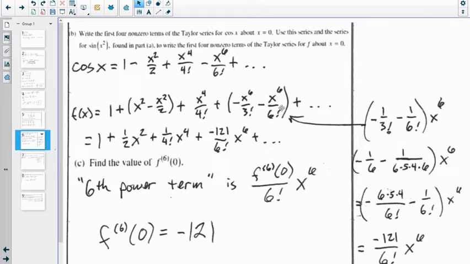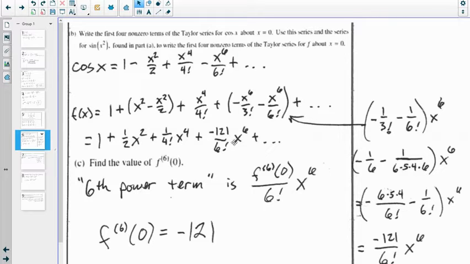And they wanted the first four non-zero terms. So I've got this term, yes, this term. This is the second degree term, fourth degree term, sixth degree term, and those are our four terms. I don't know if they would require that you do the simplification step, but I chose to do it just so I would have something plus something x squared plus something x to the fourth plus something x to the